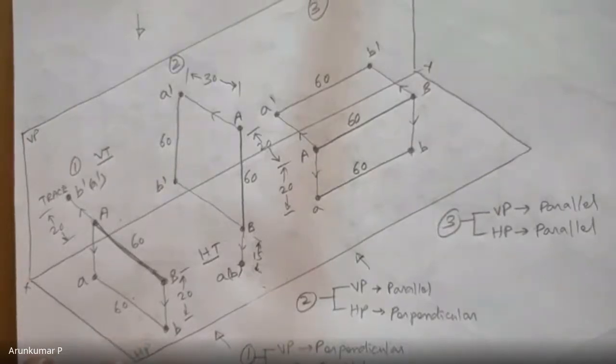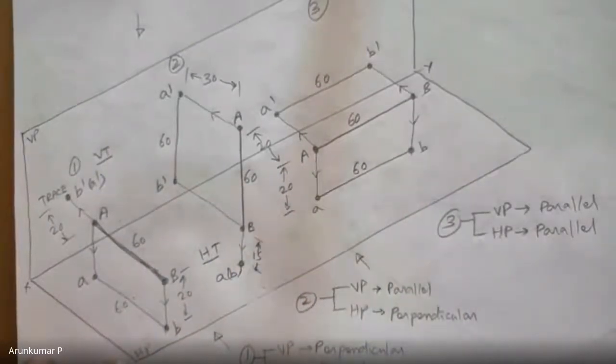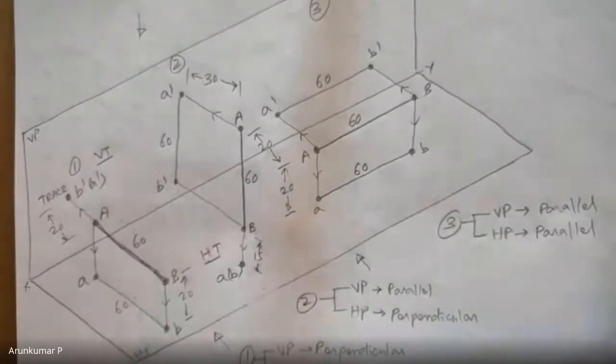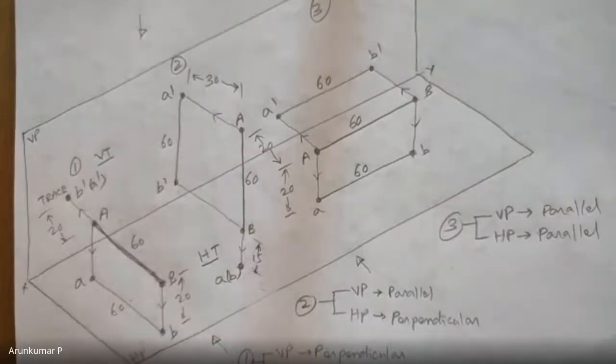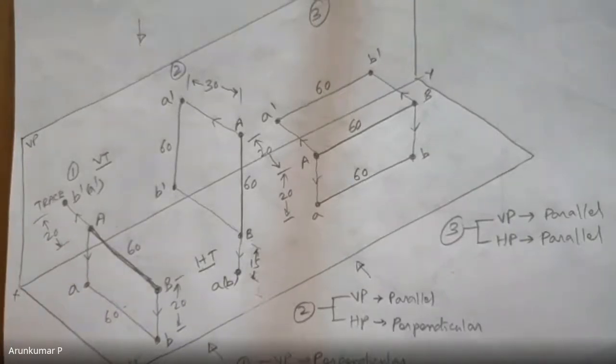Okay. So these are the 3 basic cases where the line can be in any one of these 3 conditions. But of course, for your problems that you have to solve, none of these basic cases will be there because these are very simple. Okay, this is just for understanding. Next, we come to the next couple of cases. And finally, the last case. The 6th case is very important because all your problems are based on the 6th case. Let us first check out the 4th and 5th case.